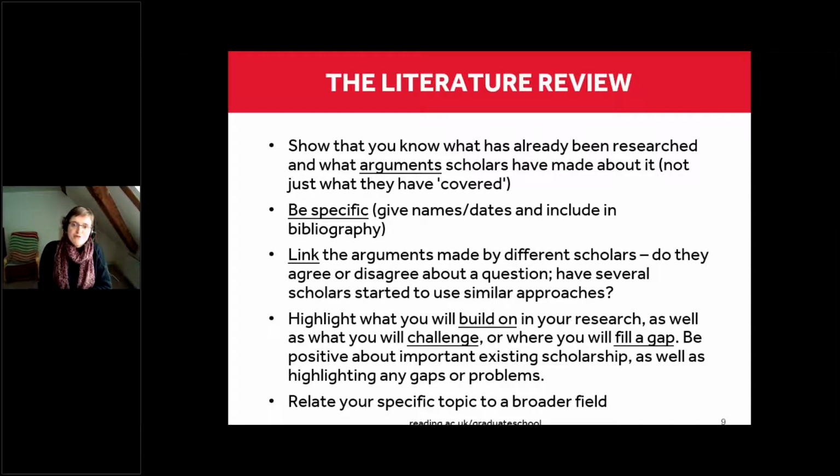So your literature review should show that you know what's already been researched, but not just in terms of coverage, also in terms of the arguments that scholars have made about it. So do paraphrase scholars' arguments when you're discussing their work in your literature review. Don't just say this scholar has covered this topic or this period of history. Be specific, name the scholars that you're talking about and give the date of the work, include that in the